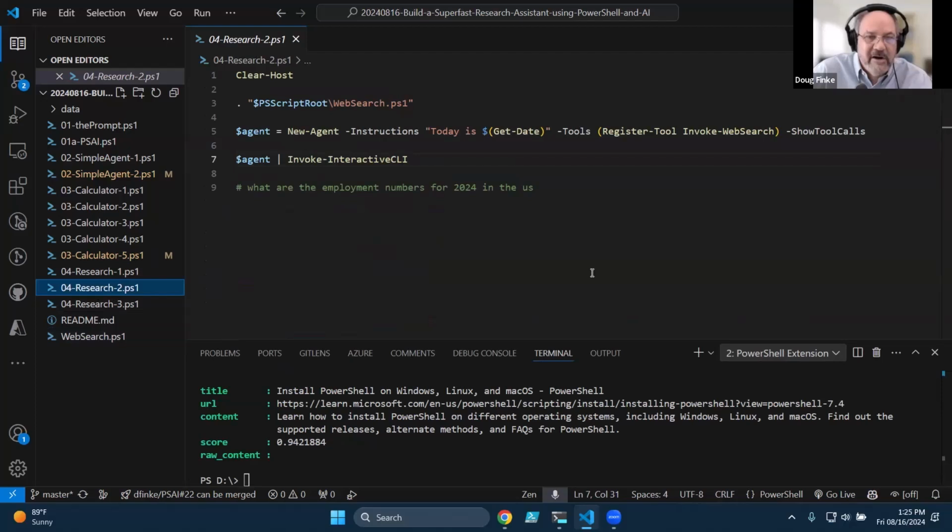So if I come back here, I'm dot sourcing that web search. I'm registering the invoke web search. So like I said before, let's say you had existing tools that you use. You have existing PS1 files, existing modules that have a whole bunch of functions in them. If you've built and tested over time, all you've got to do is register. You can either dot source it, if that's what you've done in a PS1, or import module on a PSM1. And I'm going to do this,